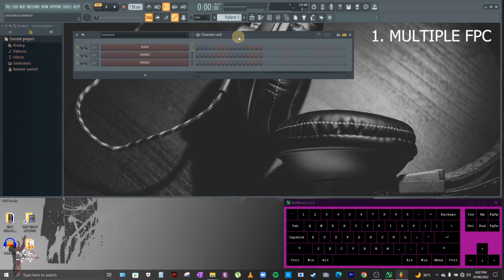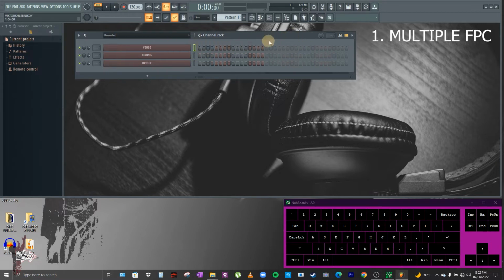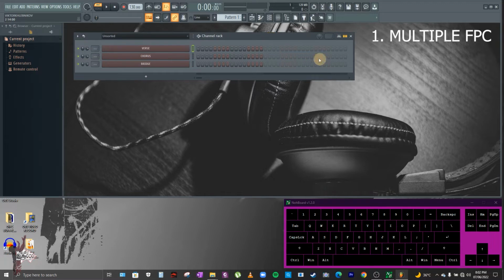Now, when you are already in live stage playing, in order to switch between these channels, you don't need to hold your mouse anymore. What you need to do is just press the up and down arrow keys on your keyboard to switch between FPC channels. I'll show you now. I'll press up and down. See, it's now moving.